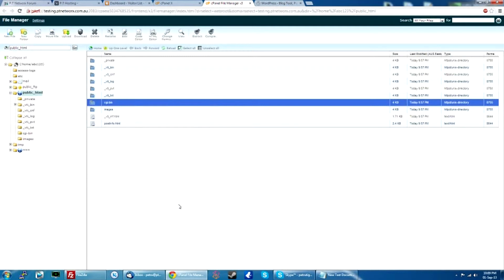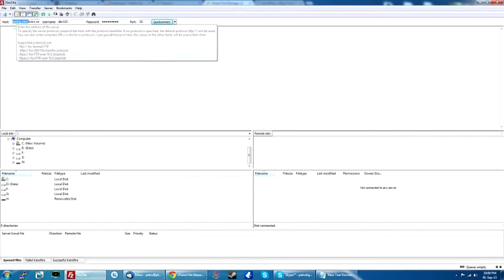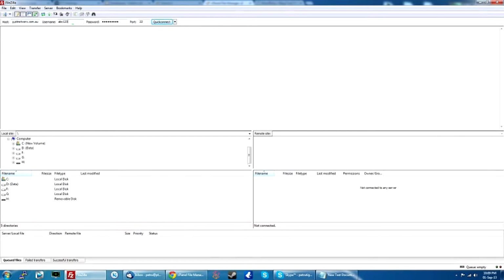Now, the other way to get to this, if you're more familiar with file transfer, or if you're not familiar with either and you just want to know how to do them both, is to open up your file transfer program. We're using FileZilla, and you put in your domain name, testing.ptnetworks.com.au, your username abc123, your password ptnetworks, and the port. Now the port can be 21 or 22. For this we're using 22. And then you're going to connect,